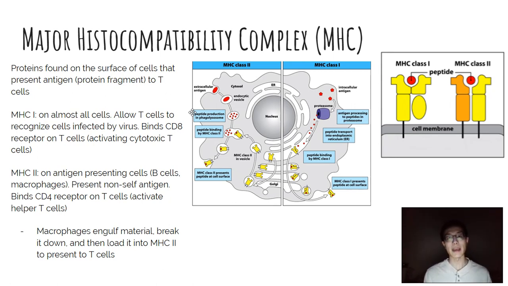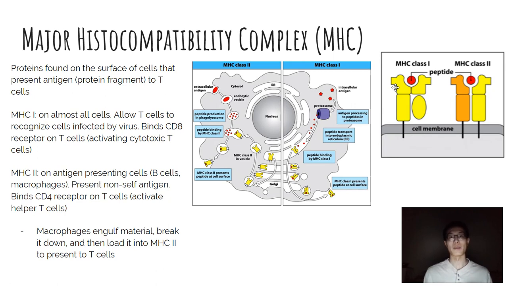So there are two MHC systems. We have MHC1 and MHC2. MHC1 is found on almost all cells, and they allow T cells to recognize certain infected cells. So you have a cell that's going to be posting out some kind of a peptide, for instance, and then the T helper cell might come in, or a cytotoxic T cell might come in, recognize that, and fire off some toxins to destroy that cell